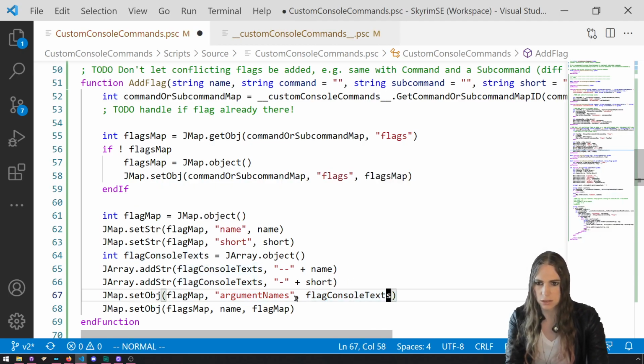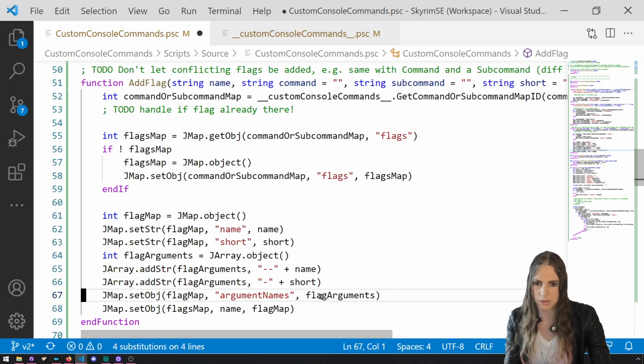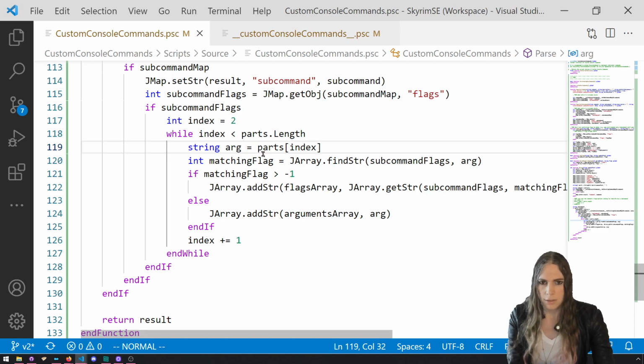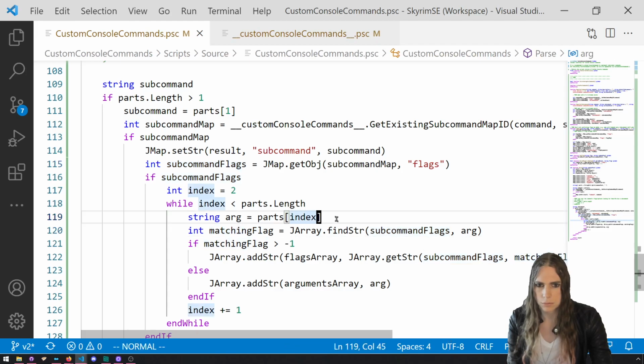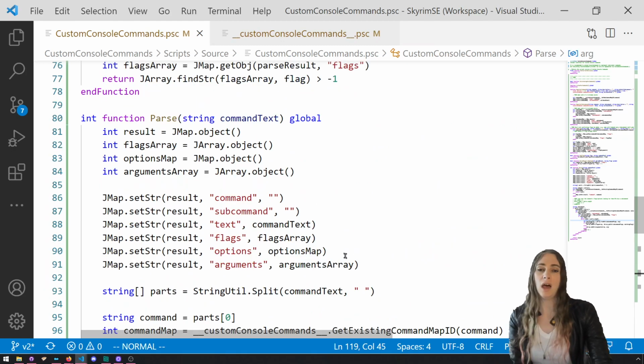Flag console text. Let's change flag console text to flag arguments. Flag arguments, sure. Argument names, sure. Flag args, argument names, let's do argument names. And then so when we're parsing, I would like to actually, on the top level command,